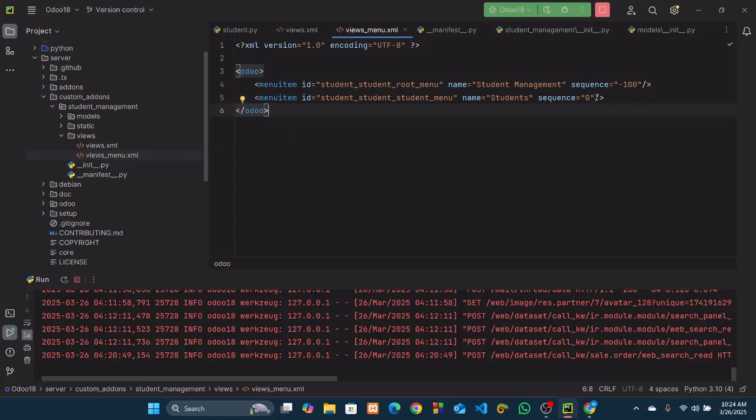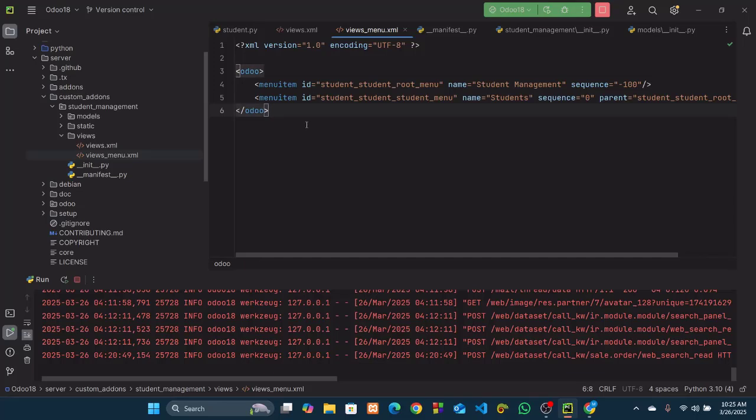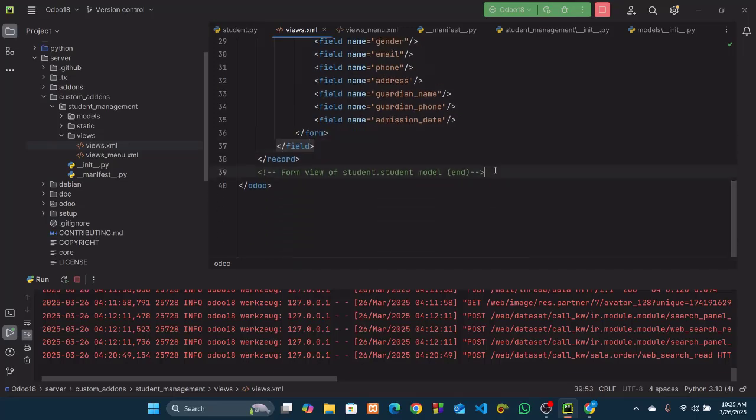Well, I forgot one thing also. I said that this menu item will be inside this menu item, so I have to make a connection between them. So I have to add the parent attribute of this menu item and pass this ID of this root menu item. Well, this problem is solved, but as I have said before, there is no connection between this menu item and this tree and form view. For that, we have to create an action view, which will be working as a bridge between these views and those menus. So let's create, first of all,